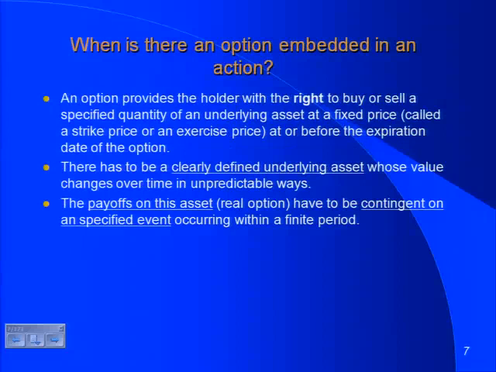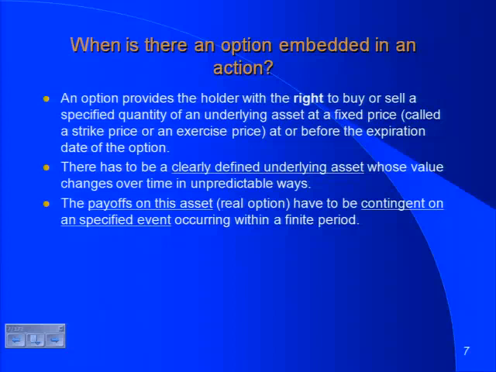Looking at it from the outside, there are 3 things that I think make options options. First, options are derivative securities. There has to be an underlying asset from which you derive your value. Options are like leeches. They can't live by themselves. You need something to live off, so there has to be an underlying asset. Second, options always have contingent payoffs. Something has to happen for your option to pay off, right? In a traditional option, the stock price has to rise above the strike price if it's a call option, but there's got to be a contingent payoff.